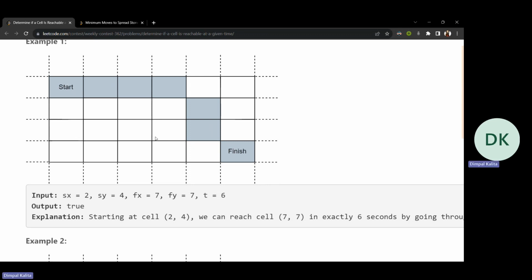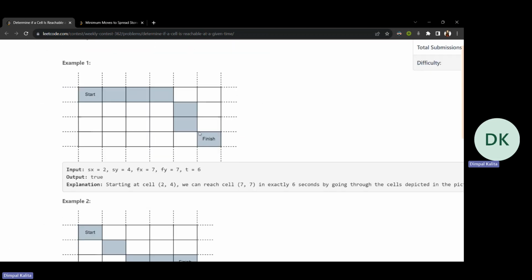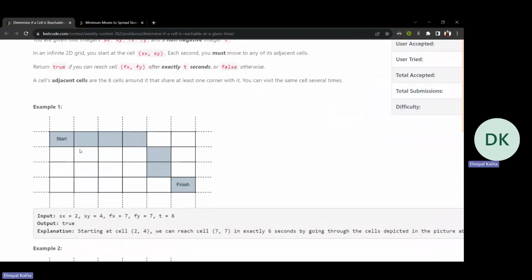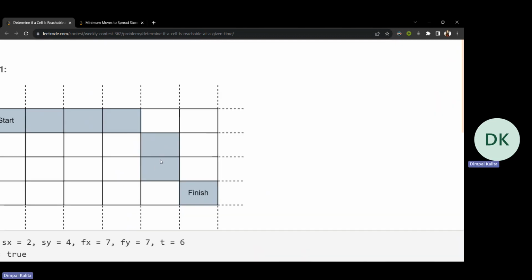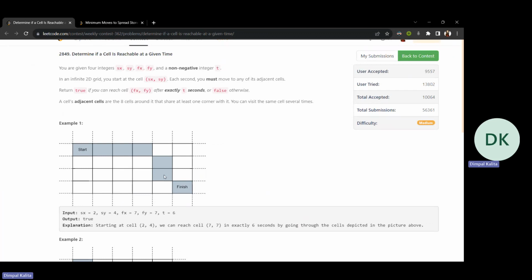I'll go till the corner positions to the finish. Okay, now next, what I can do is, if I reach finish at the minimum number of times and t is bigger than the minimum length, then before reaching the finish, I can move to the least position and toggle between the corner position and then go below, go up, go below. Then when there is exactly 3 seconds, I can just move from any of these